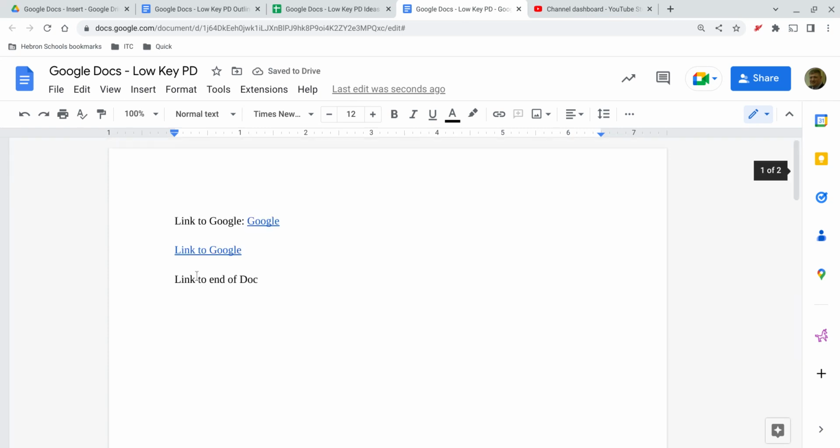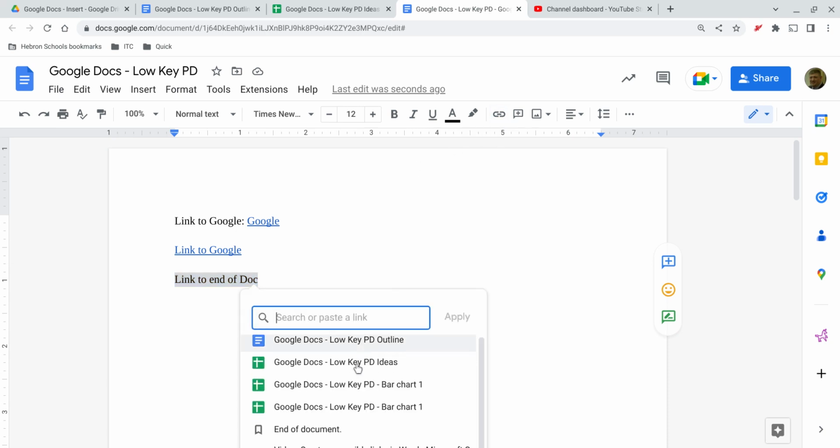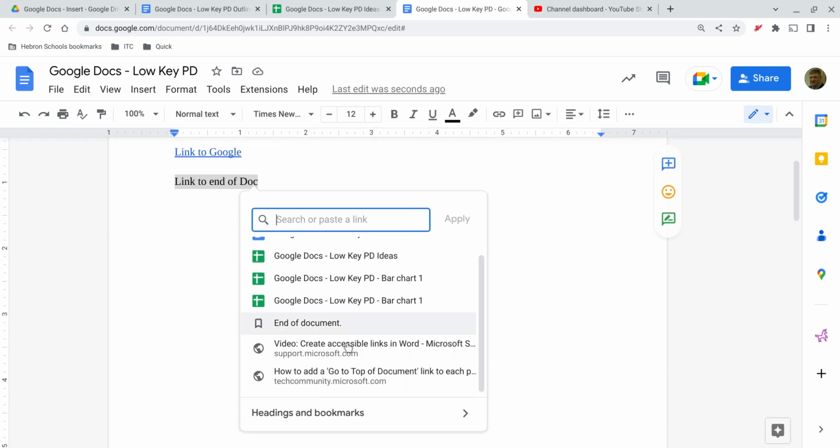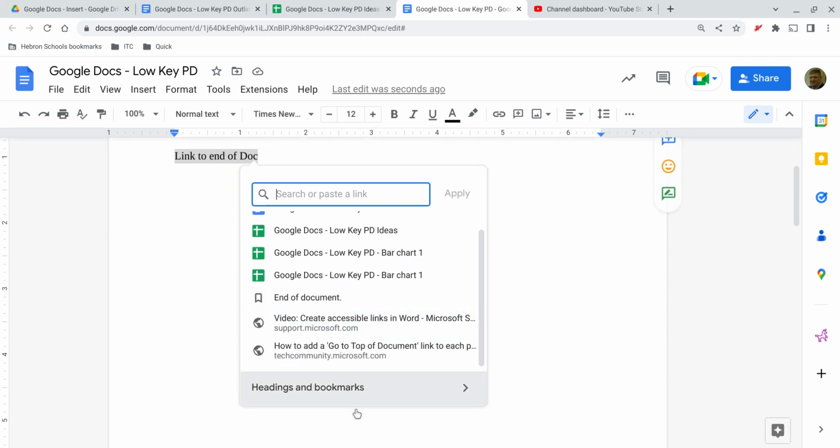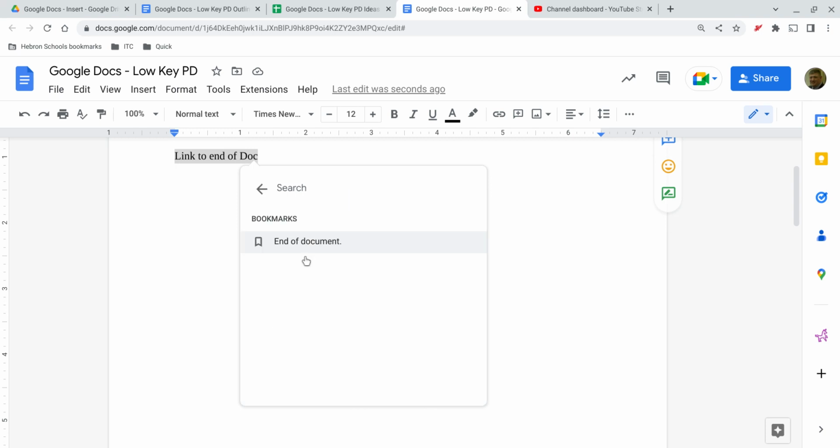All right, so if I go back up, now that I have that bookmark, link to end of doc, go down to headings and bookmarks. So you can also link to specific headings if you use headings in your document, which if your document is long and it has a lot of sections, you probably should. In this case, I'm going to select the bookmark end of document